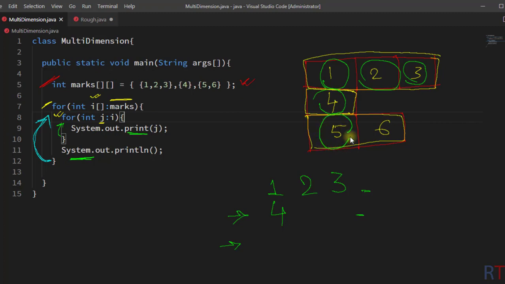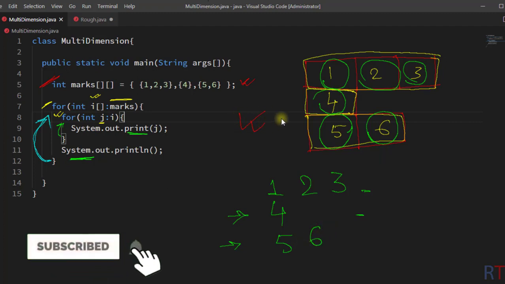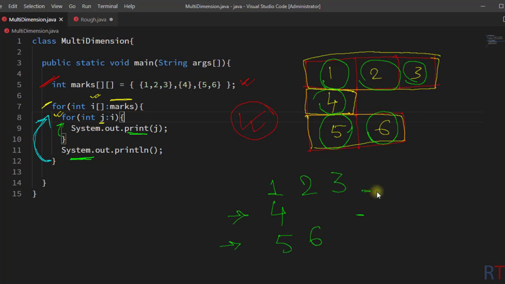Like in the first iteration it will access 5 and print it, and in the second iteration it is going to access the element 6 and print it onto the console. And this way it has accessed all the elements and printed them onto the console.